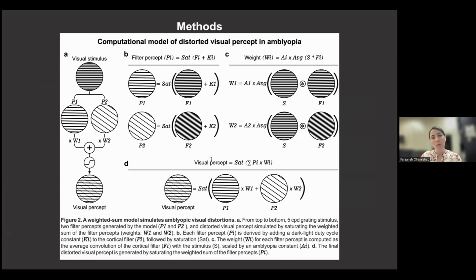The top grating stimulus is the model input, and the distorted visual percept at the bottom is the model output, generated by saturating the weighted sum of two filter percepts in this example. Each filter percept illustrated in panel B results from applying an offset for adjusting the dark-light duty cycle to the filter, followed by saturation. The filter weight shown in panel C is calculated by averaging the convolution between the filter and the stimulus, scaled by an amblyopia constant. The final distorted visual percept shown in panel D is obtained by saturating the weighted sum